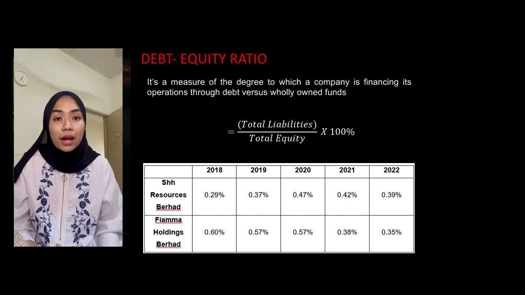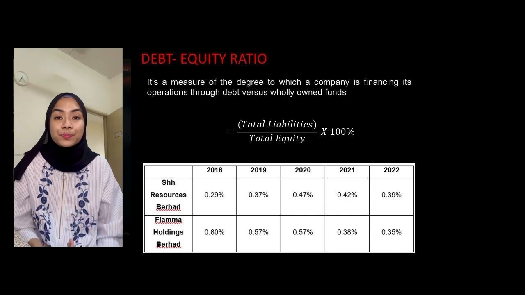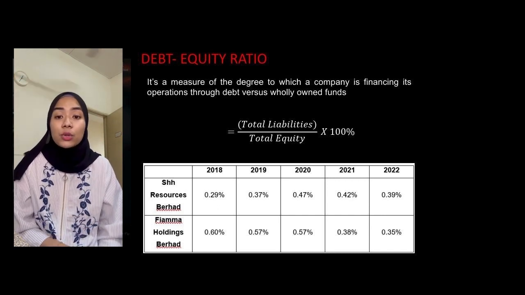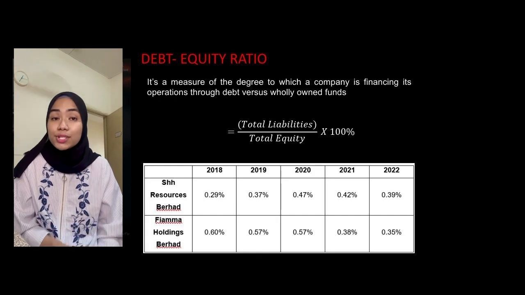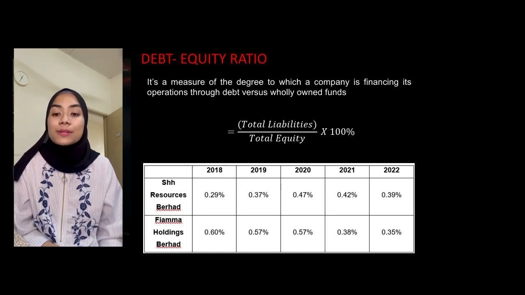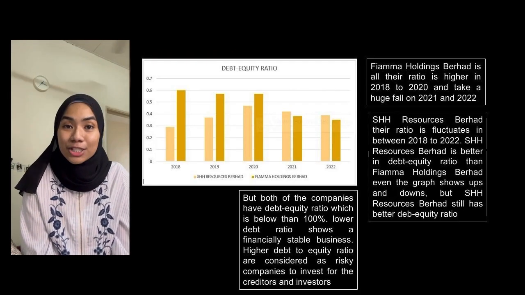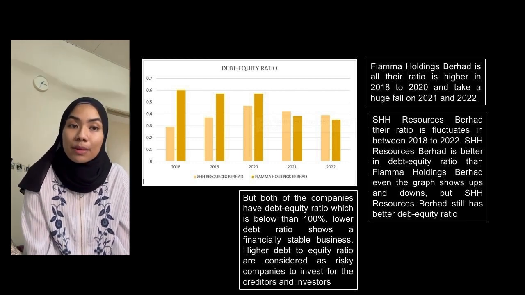While for Fiamma Holding Berhad, their ratio fluctuates between 2018 to 2022. As we can see here, the debt equity ratio for Fiamma Holding Berhad in 2018 is 0.60% and dropped to 0.57% in 2019. Then in 2020, the ratio remained constant but continued to fall in 2021 to 2022, which is from 0.38% to 0.35%. So in conclusion for this debt equity ratio, both of the companies have a debt equity ratio which is